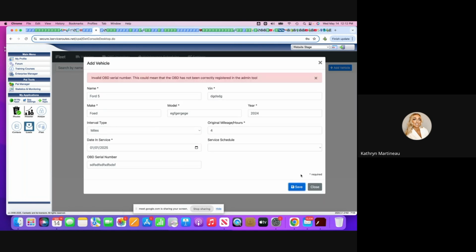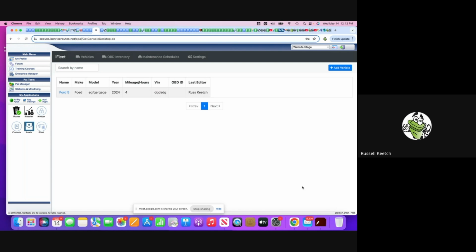Perfect. So get rid of that 3D. Do we need to actually save to get to another step to show them adding to a route? Yeah, so just get rid of the OBD. I don't think it needs it. There you go. And then now if we go back over to iRoutes,